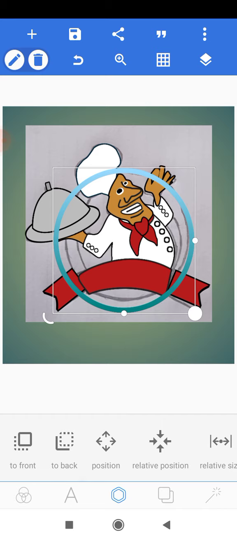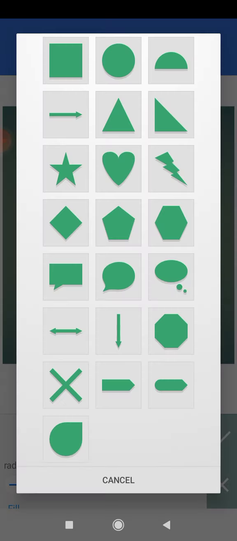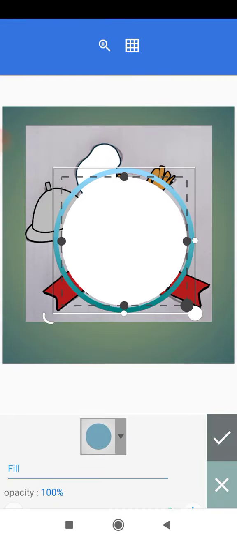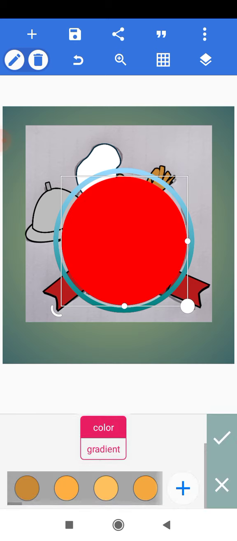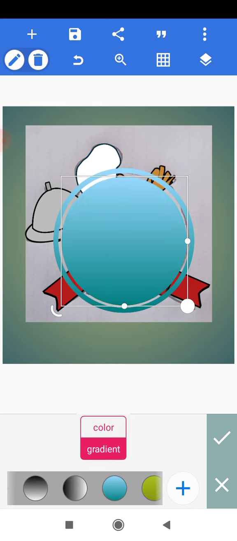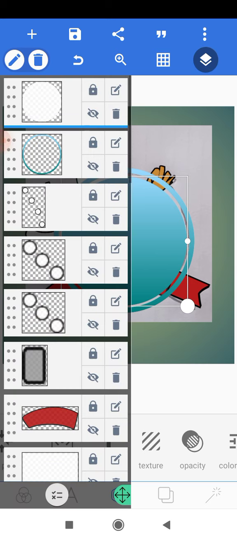Now that I have it there, I'll add another circle again, position it here, and click on OK. I'll change the color of the circle to a gradient color as well. I'll change it to this very gradient, and I'll leave it there. So I'll just go back, and I'll select this,